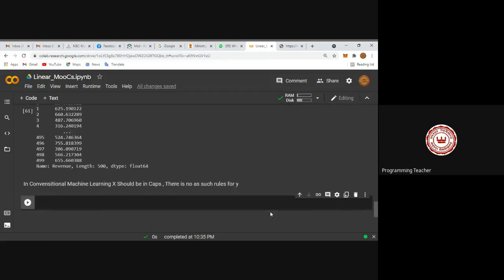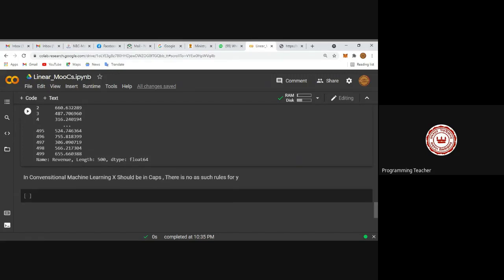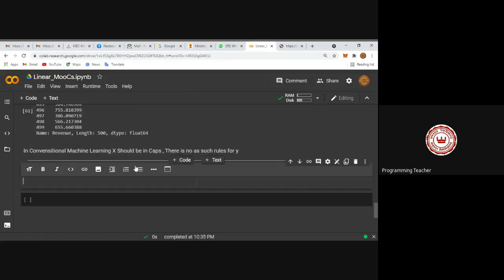Now, after doing these X and Y divisions, what do we have to start? We have to divide into train and test split. Just take the reference from video 2.